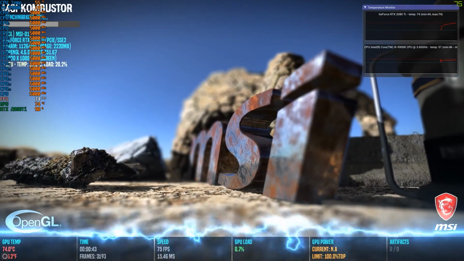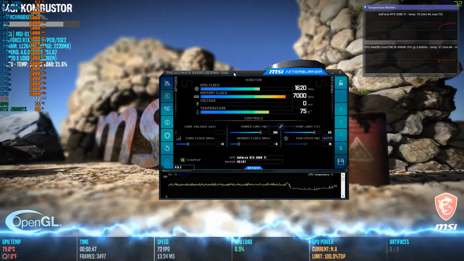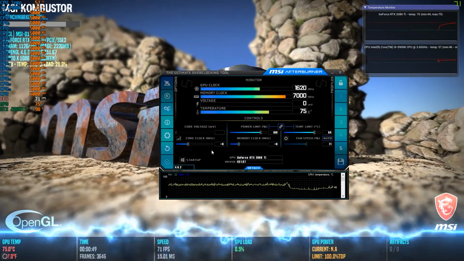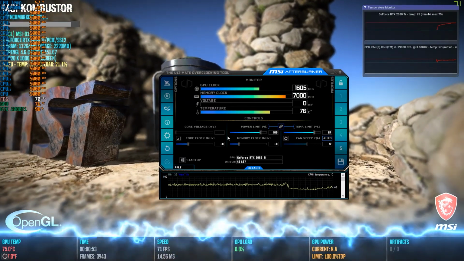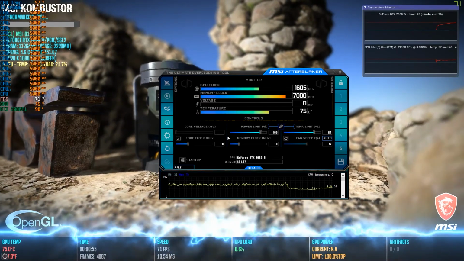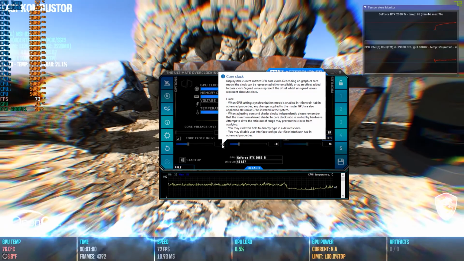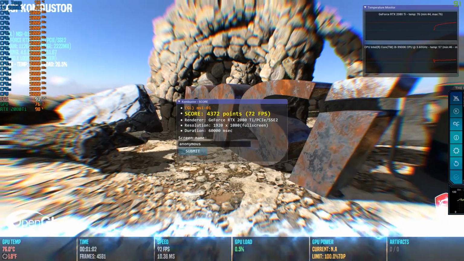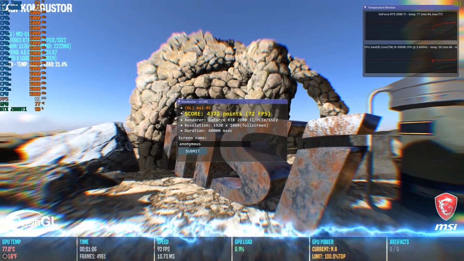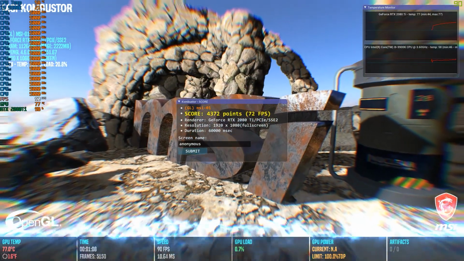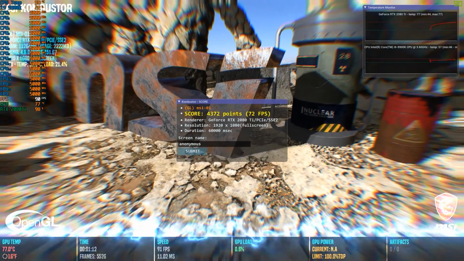Now you might be wondering, it is very low FPS because I'm using a 2080 Ti. I shouldn't be expecting that with the i9. The reason why I'm getting that low FPS is because I'm using screen recording. If you're using a screen recorder or anything in the background while you're gaming, you will see the drop in your frames. As you can see, it was not crashing. The maximum GPU clock I was able to reach was 1830, if you would have seen that when I minimized